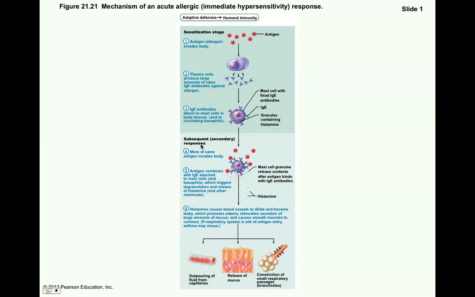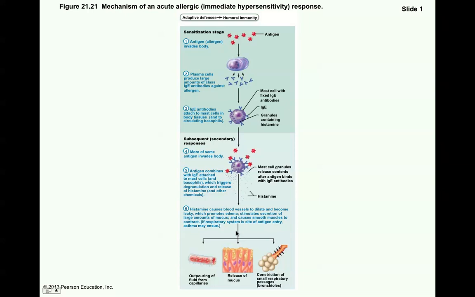This is showing you a subsequent or secondary response. You get more of the same antigen invading the body. The antigen combines with IgE attached to mast cells and basophils, and it triggers degranulation and release of histamine and other chemicals. The histamine causes the blood vessels to dilate and become leaky, promoting edema, or increased fluid in the tissues. It stimulates the secretion of large amounts of mucus that will block the airways,